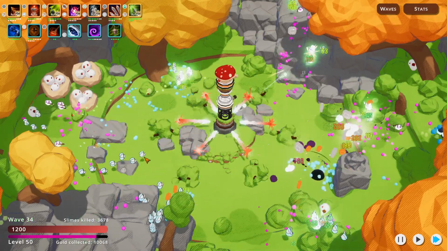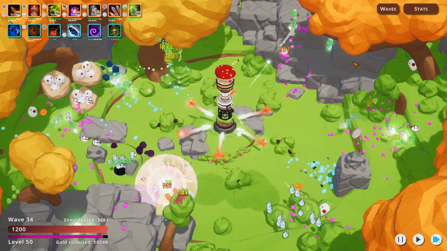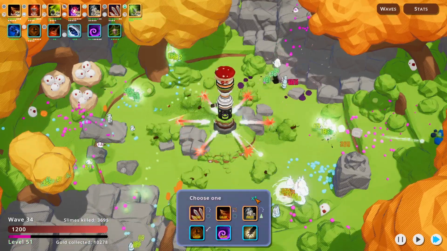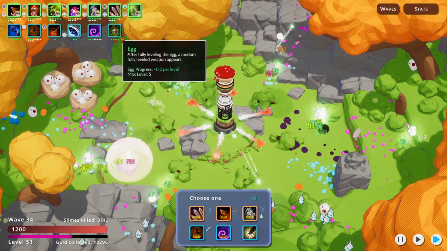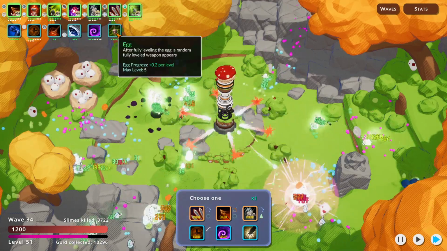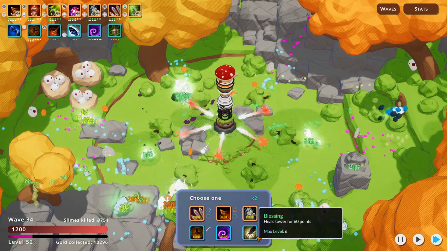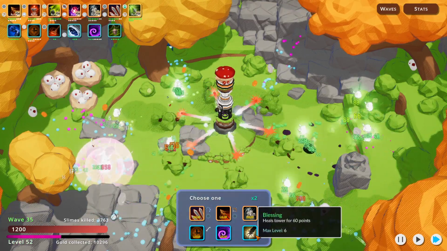I mean, look at the damage numbers here. Look at the damage numbers. That's just mean. Also, now that we can't get any more new abilities, we could choose to heal for 60